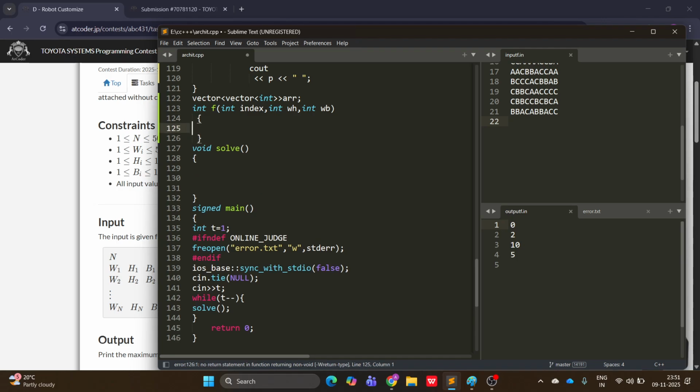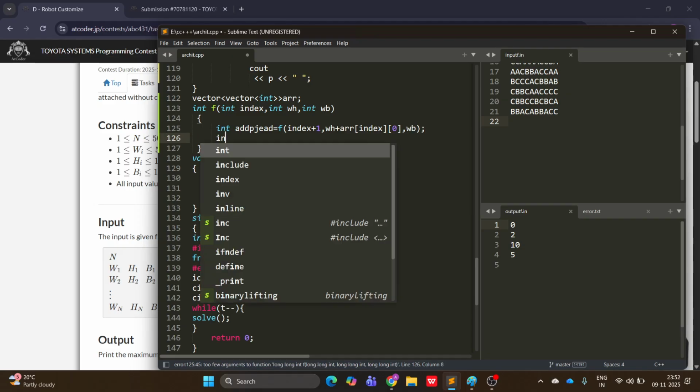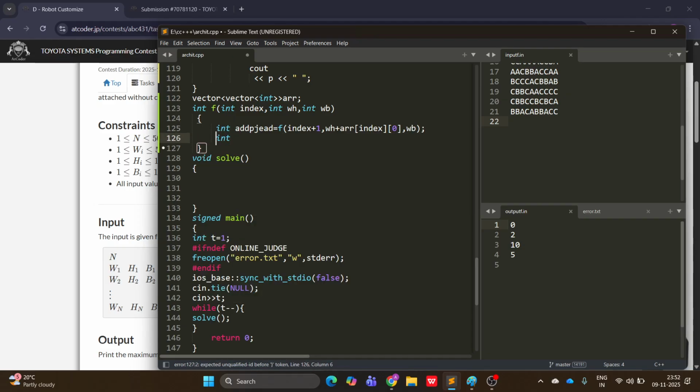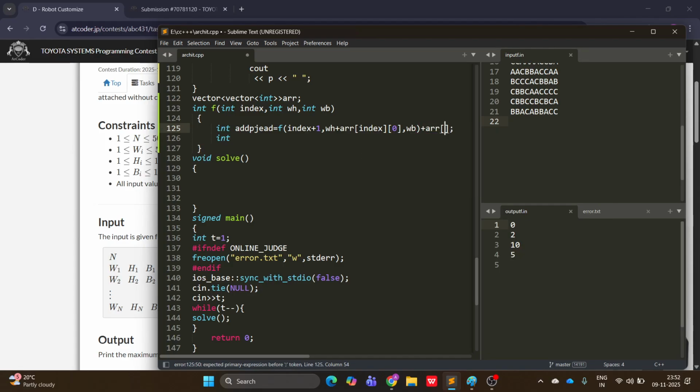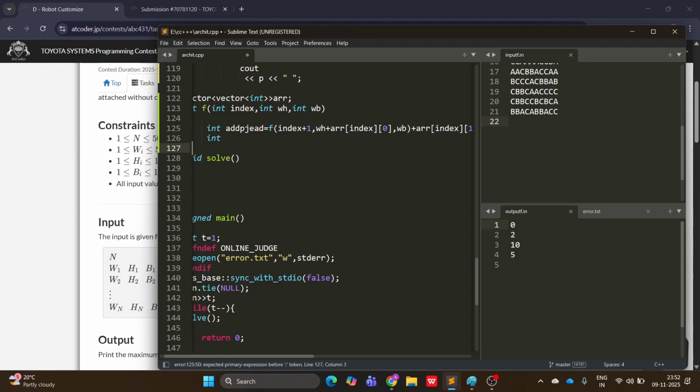So you can move forward with int add_head, which would be equal to f of index plus 1, and then you add weight plus AR of index of 0, and then weight of body will remain as it is. And then in this you will add your score. What you will add is AR of index of 1, and then you add to body